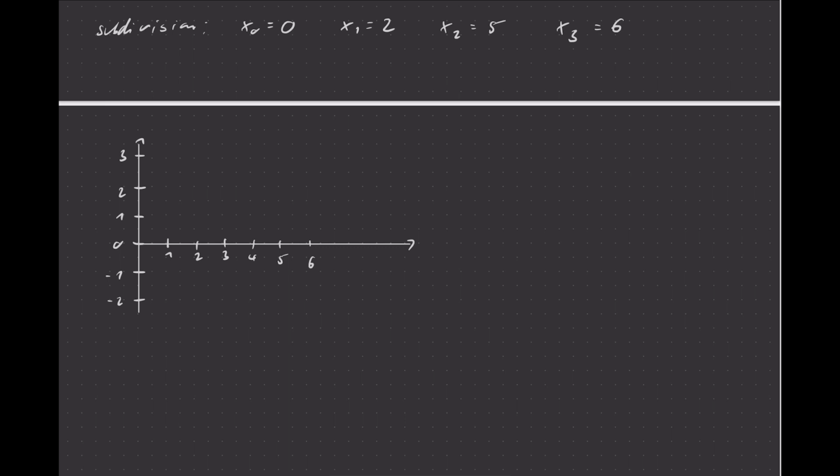This is our interval here. The subdivision that we chose is 0, that is x0, sorry. Then 2 is the next point, that is going to be x1. The next point is 5, x2. And finally, we have x3 here at 6. So that's our subdivision. And the function itself takes on the value 3 in the first interval from 0 to